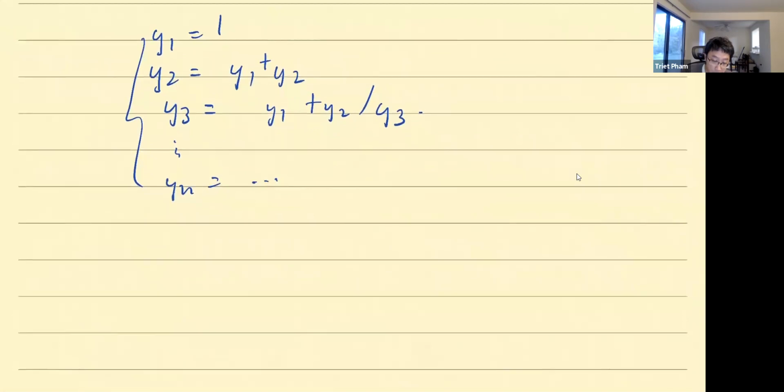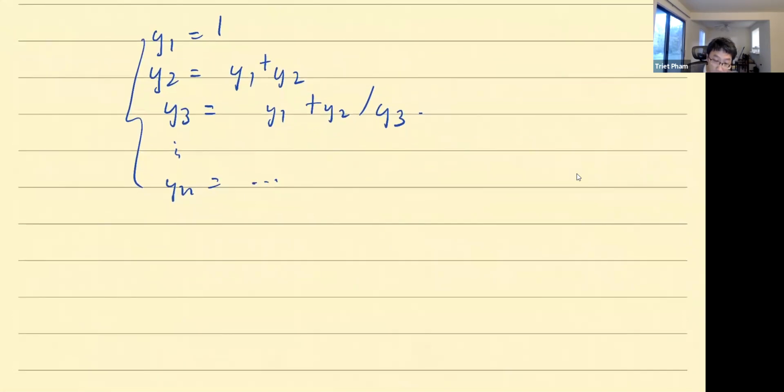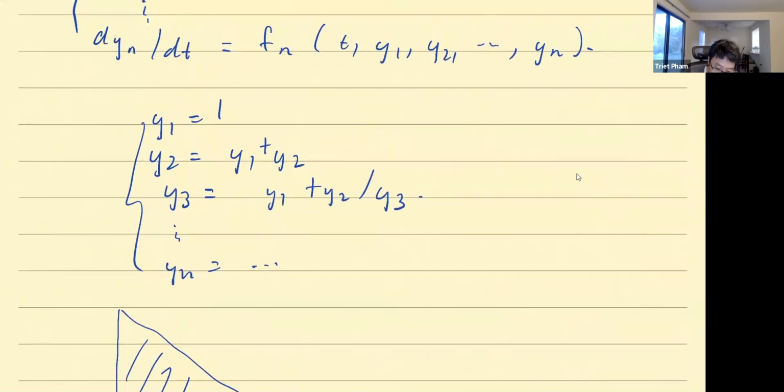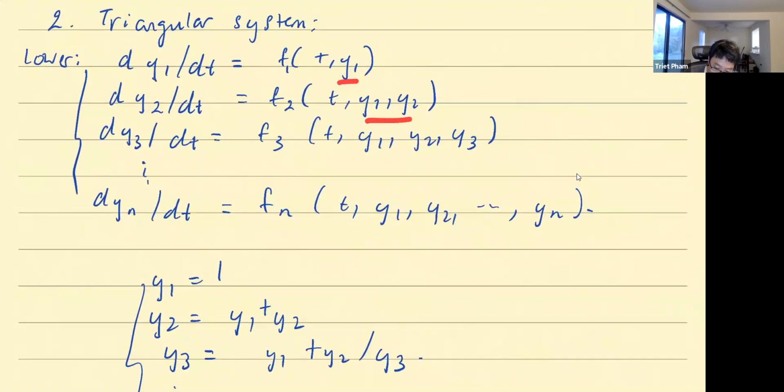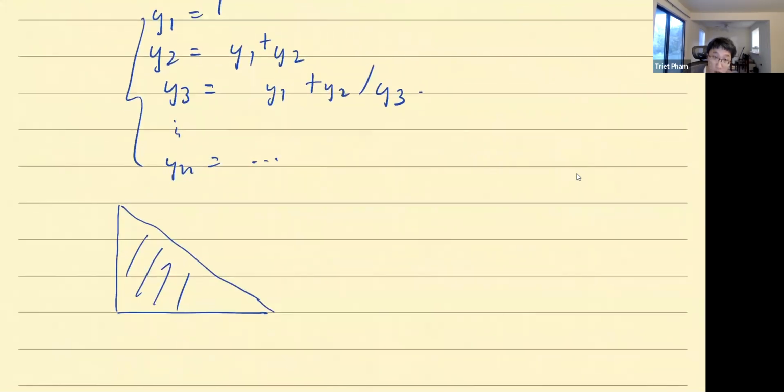Let me explain why I call this lower. Lower because I think it populates like this. The system gets more and more, starting with y1, and then y1, y2, like that. So it's lower triangular. You could, again, it's completely decorative, but you can start out with something like yn